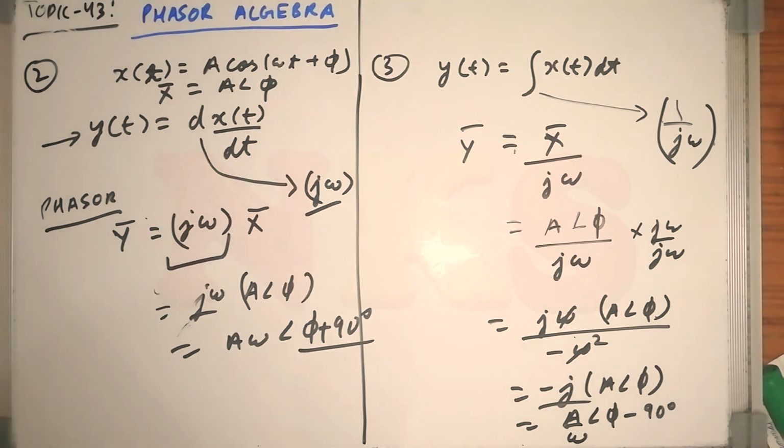Either you add 180 or you subtract 180, depending on whether your final phase comes in the range of minus 180 to 180 degrees. If you multiply with plus j times any constant, then you add plus 90 in the phasor. If you multiply with minus j, then you subtract 90 in the phasor. So this is all about the phasor algebra. Remember these things. In that sinusoid video, I have told you the significance of this j: it makes the phasor move in the anti-clockwise direction by 90 degrees.